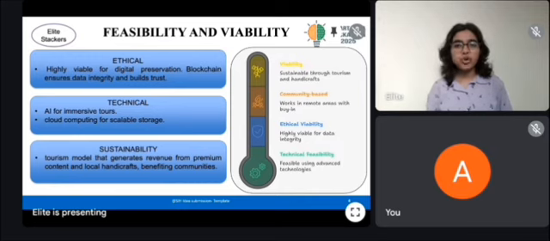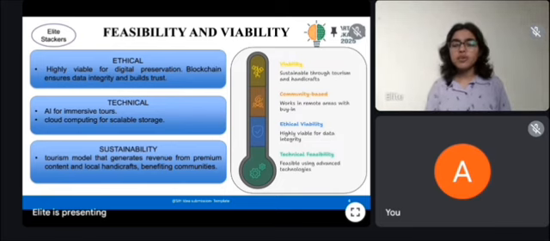Now, from the operational side, this is practical because we can collaborate with the Sikkim Tourism Department and the local monasteries. Here, monks and guides can help us with authentic cultural content. And also, cloud hosting ensures that this platform is accessible worldwide. Financially, this project is also feasible. This prototype is built at a very reasonable cost using open source tools and student resources. And in the long term, revenue can be generated through tourism tie-ups, cultural workshops, and premium VR experiences.